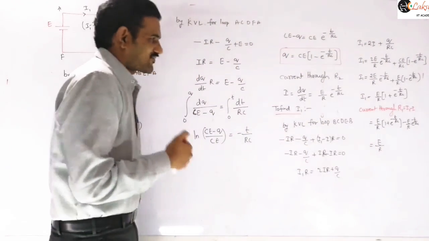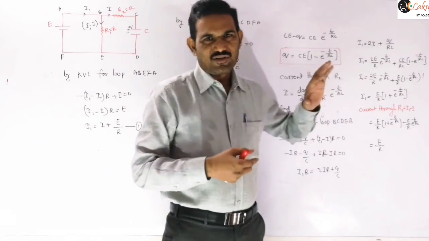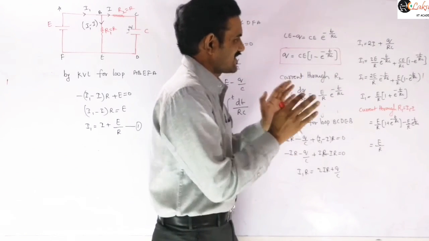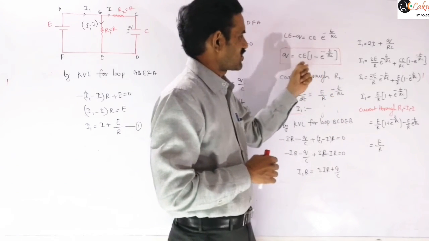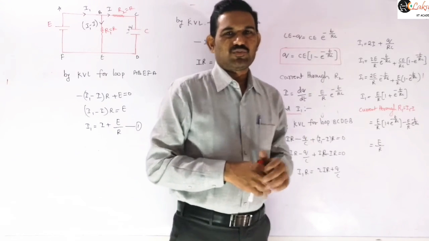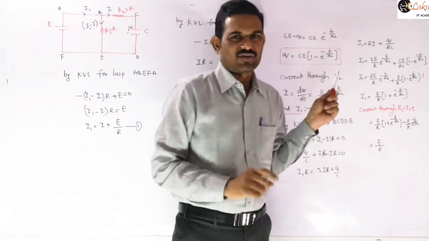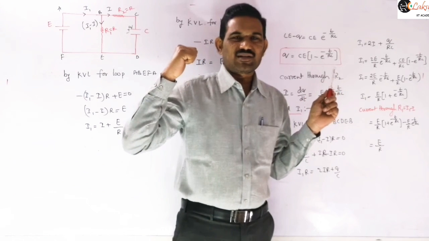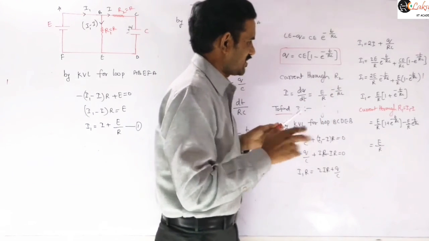And now after that we need to find the current. So the charge expression is completed for us. You can observe that this is nothing but what we got in the case of a single capacitor and single resistor, a similar expression. This Q naught we mentioned, so Q naught is nothing but the maximum possible charge, CE. So this expression is exactly the same as our standard expression, so this circuit is exactly the same as our standard circuit. I will explain how it is similar to our standard circuit.